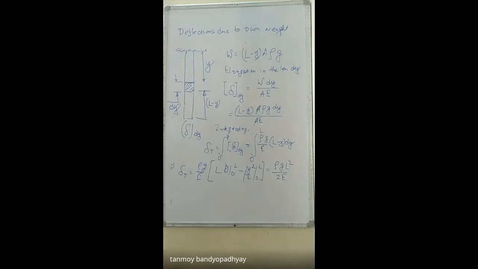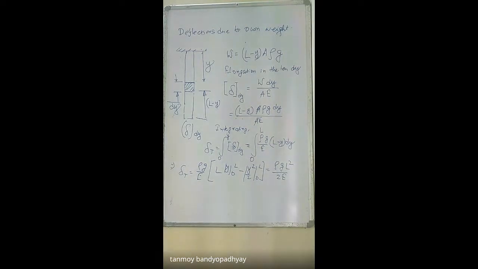Okay, if you go to the next portion of the problem, just look in the note. I am not repeating that one, it's easy actually. The next thing is the same elongation we have to obtain if the bar is kept horizontal. Whenever the bar is kept horizontal, it is not axial loading; in that case bending comes into effect. We are not doing that. They have asked to find out, if the force is equal to half of its weight. They have given the load actually, and we just have to show that the load is half the weight.